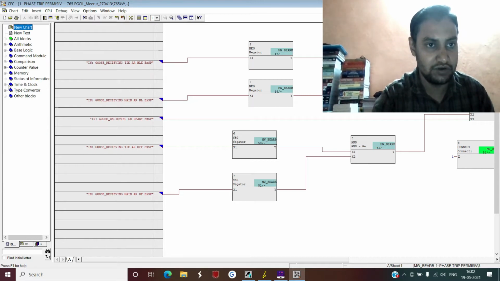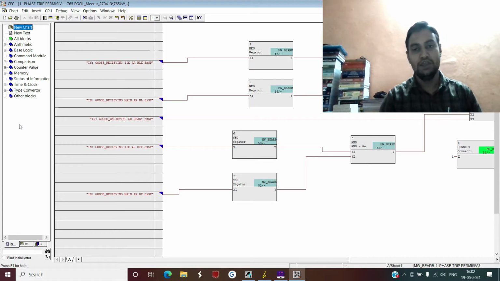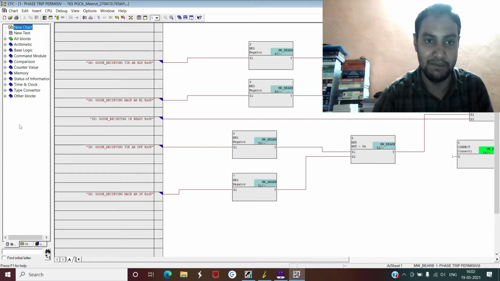And if you go to your type converter or counters, then in the type converter you generally have blocks like single point to double point conversion, double point to single point conversion. In the timer and clock you can have timers like a start timer, a stop timer, delay timer, on timer. So any kind of logic you can create by using these basic gates. Similarly, you can have the flip flop inside your timer and clock, and in the counter tab you can have many different types of blocks that you can use as per your requirement.